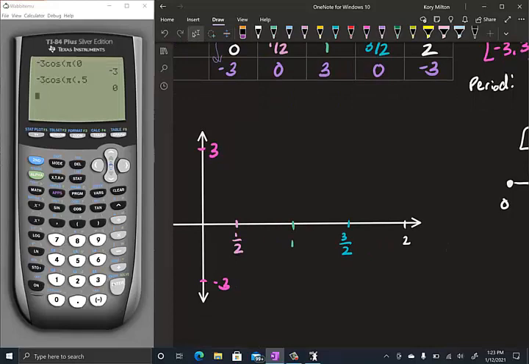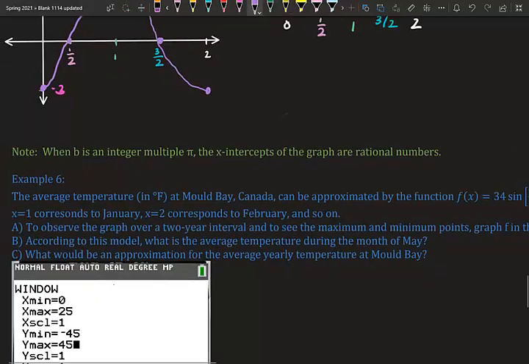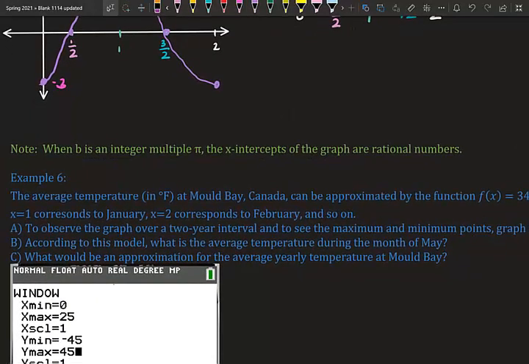Let's plot our points. We have (0, -3), (1/2, 0), (1, 3), (3/2, 0), and (2, -3). And we connect the dots. It's like a little swooping type graph. Kind of goes like that. And there's our graph. Note, when b is an integer multiple of pi, the x-intercepts of the graph are rational